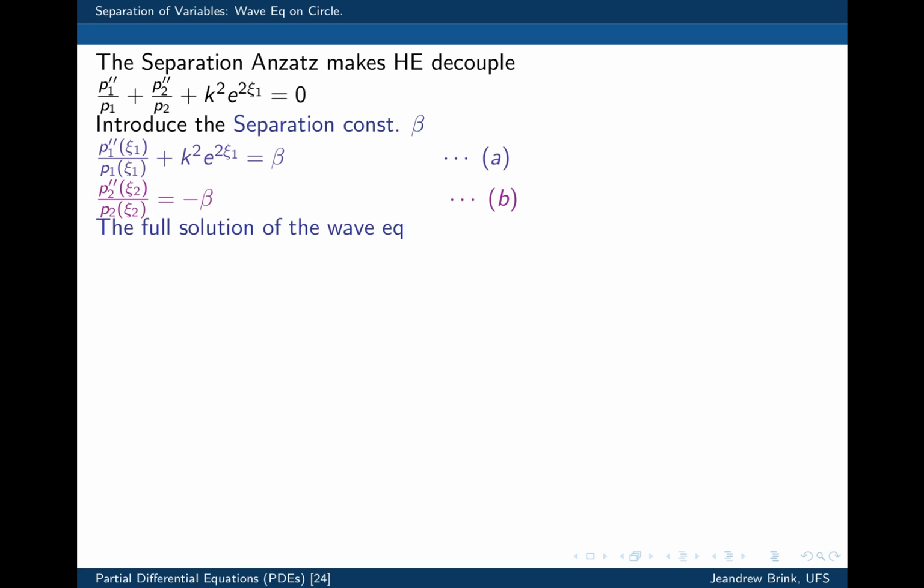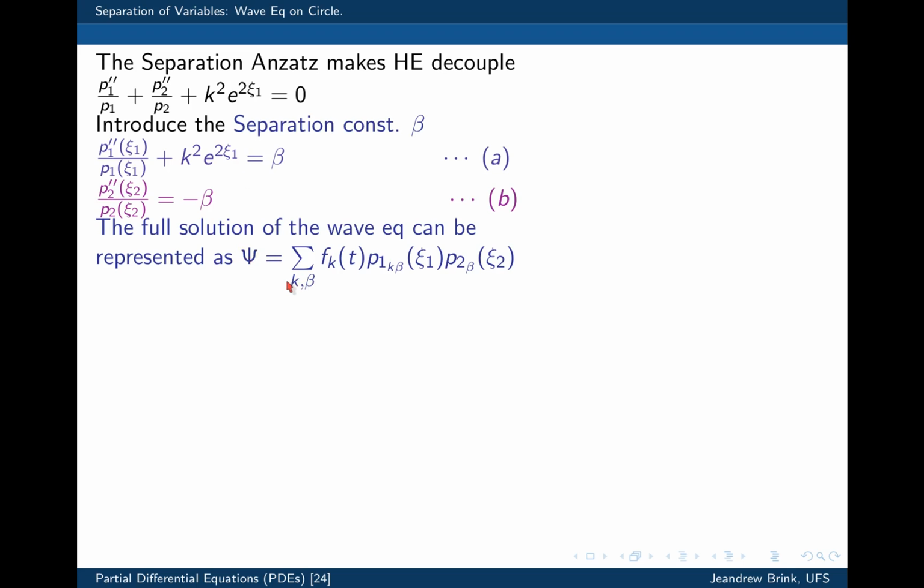Okay, so now once we have that, we can write down the full solution. So the wave equation, and I'm going to basically represent it abstractly like this, we haven't yet told you anything about the separation constants k and beta. That's going to come as we solve these two equations. But I just want to give you a schematic feel